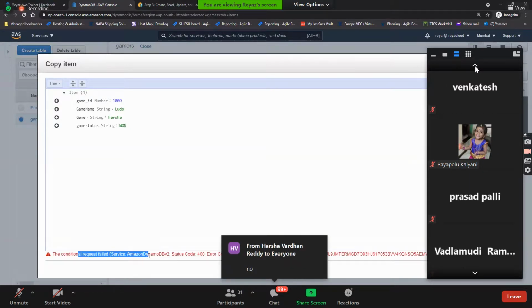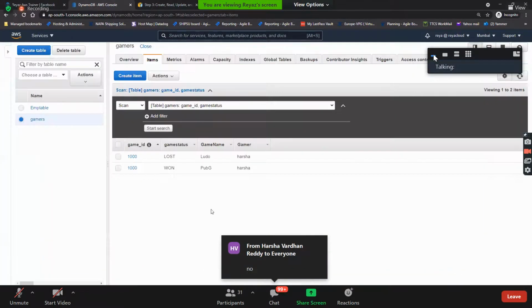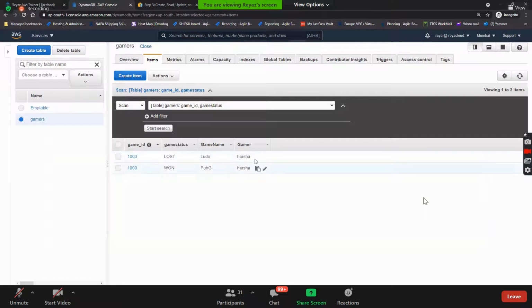No. Do you see that? So remember, guys, the combination of your primary key and then sort key. I've given an example, guys. Don't see the logic here. Sir, Harsha can play one more and he can lose also. Yes, you need to design that accordingly.